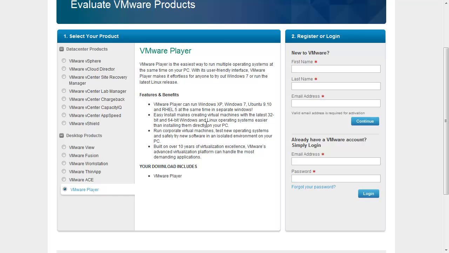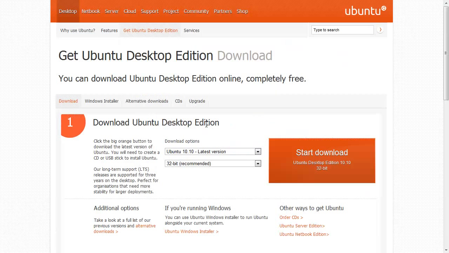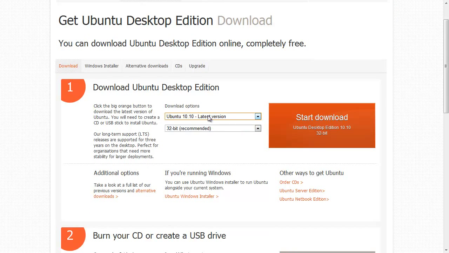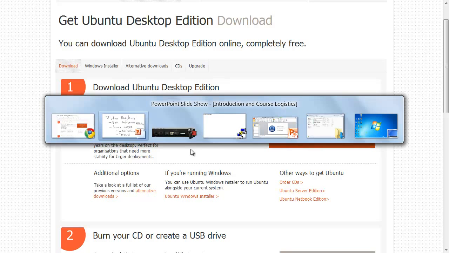After you've downloaded the VMware Player executable, you'll also want to download the Ubuntu Linux image. And if you're following along in course notes, you'll find that takes you to this web page. You'll want to grab the latest version, and depending on what your processor bit is, you will want 32-bit or 64-bit. If you're not sure, just choose 32-bit and that'll work on any processor. So go ahead and start the download. When those are both finished,